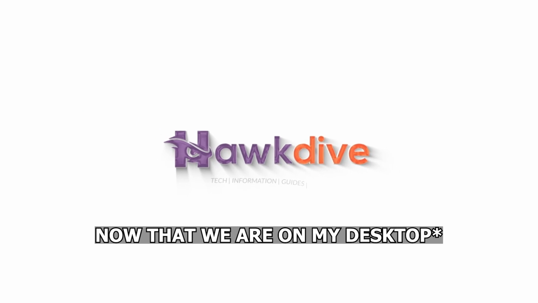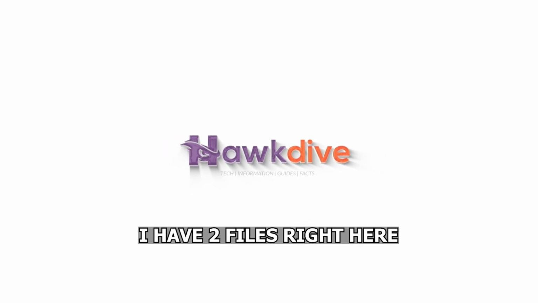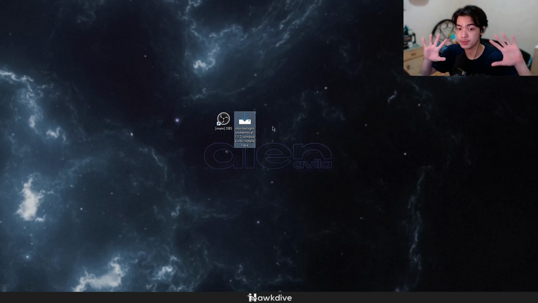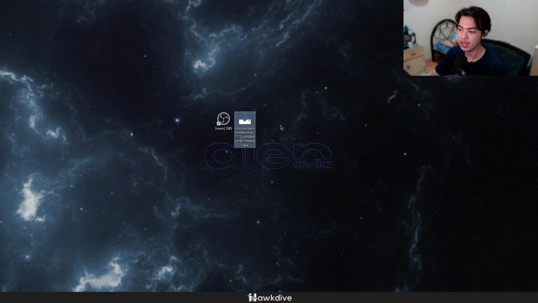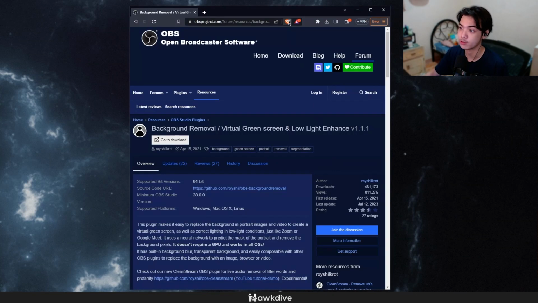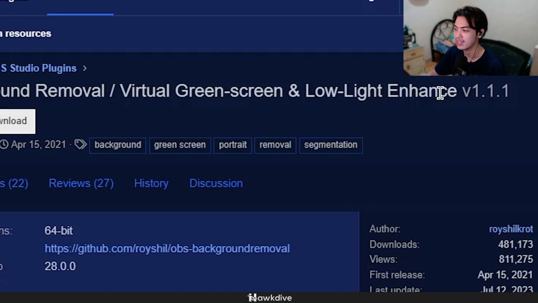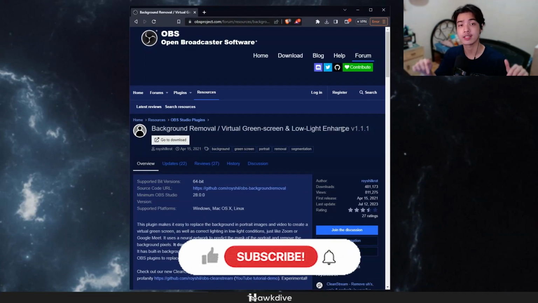Right, here we are on my desktop, and as you can see, I have two files right here: the main OBS and the plugin that allows us to do this background blur on our OBS webcam. How and where do we get the plugin? First, you want to go to this website on your browser. It's called the Background Removal, Virtual Green Screen and Low Light Enhance. Very long name, I know, but you don't have to remember that because all links will be in the description